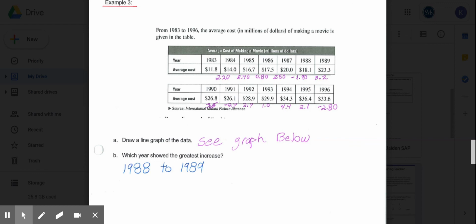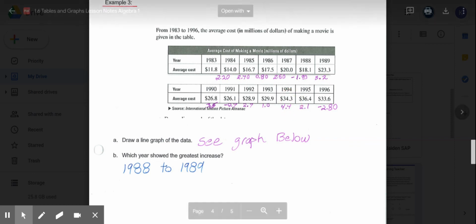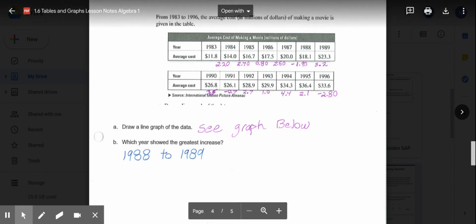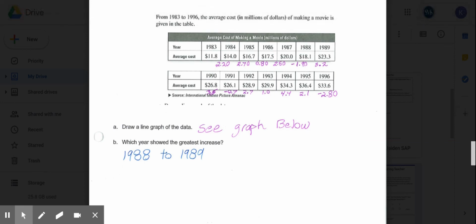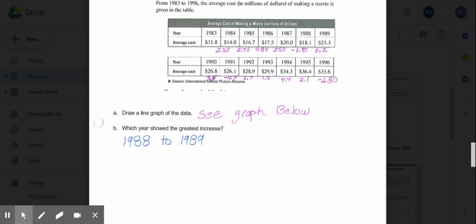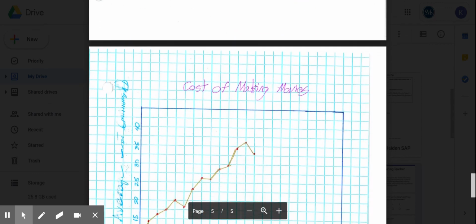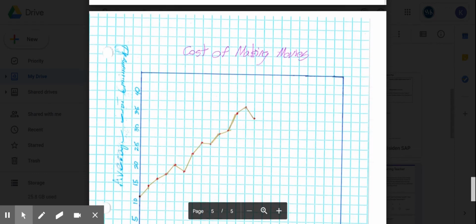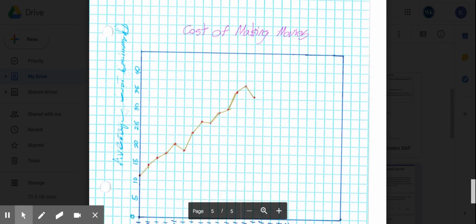So from 1988 to 1989, we went up $5.2 million. From 93 to 94, it only went up 4.4 million. So our largest increase was from 1988 to 1989. So again, what you need to make sure you do with your notes is actually take the time to